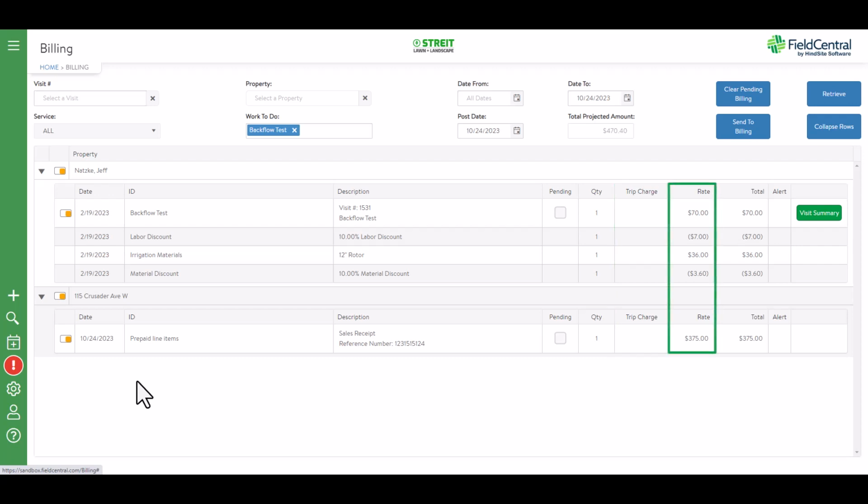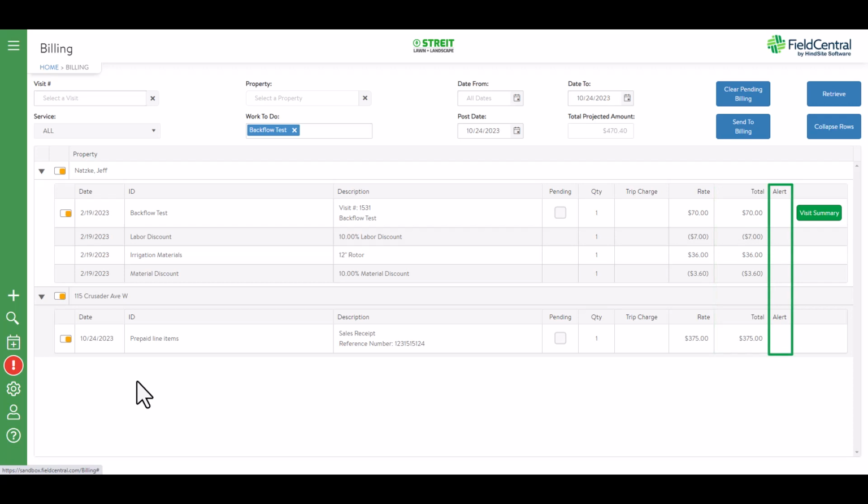Rate displays the rate that the individual item will be billed at when sent across on the invoice. This does not account for the quantity, only for one item. Total displays the total quantity plus the rate to get the total amount being billed.